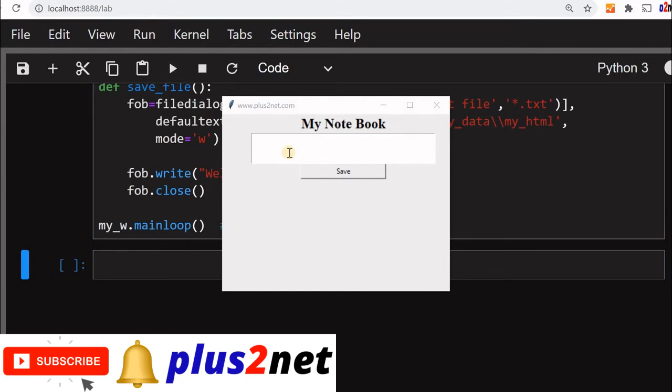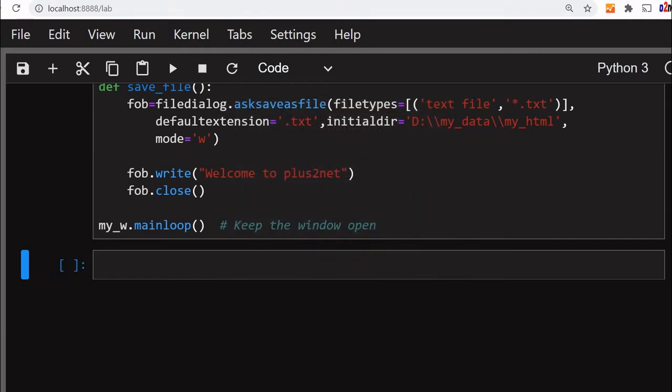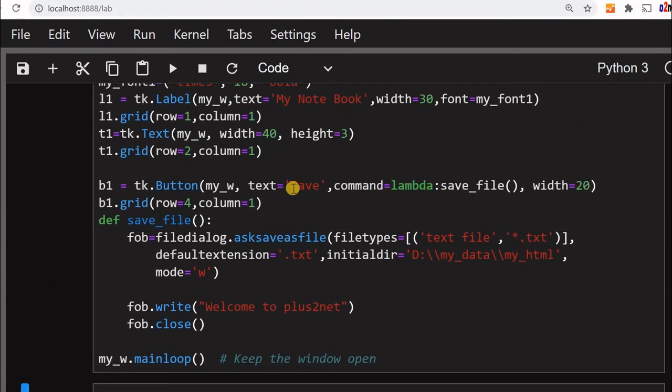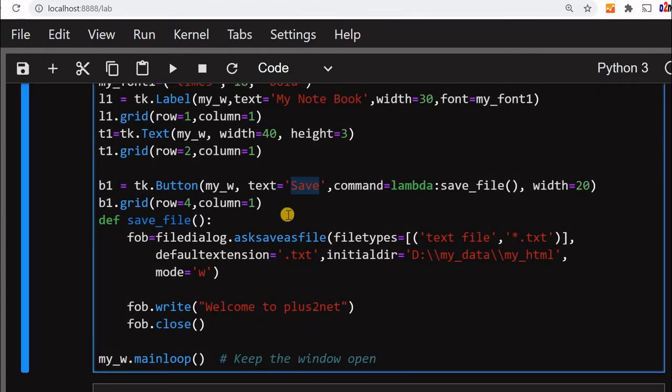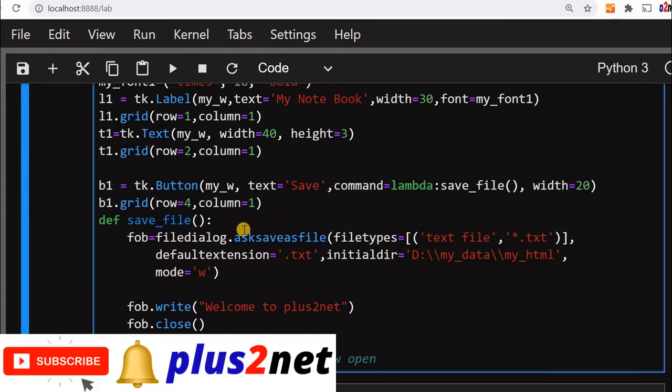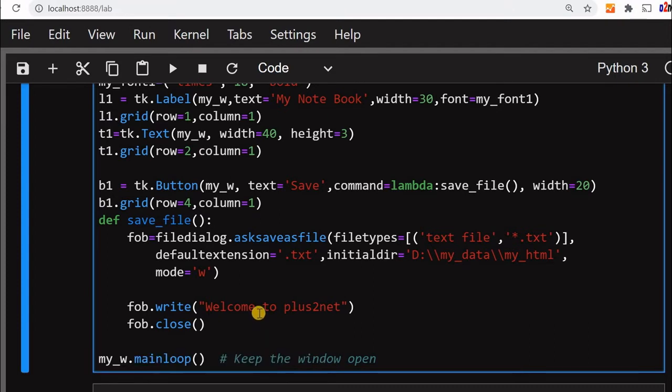Let's run this. Yeah, you can see this is our text box whatever we have added. We will enter data here. Now how will we handle the data? Once the user clicks this, the button text we have also changed to save. Now once the user clicks the button, this part of the code we have already explained. It is saving a simple string to a file as the save as file dialog box opens up, and this string is saved. Instead of this string, we'll save what the user has entered.